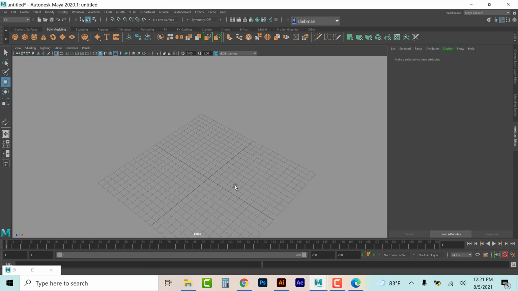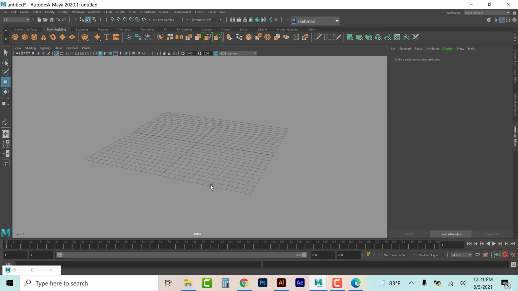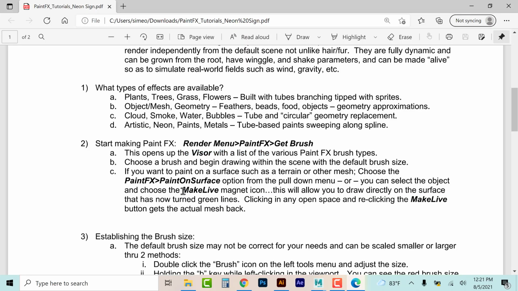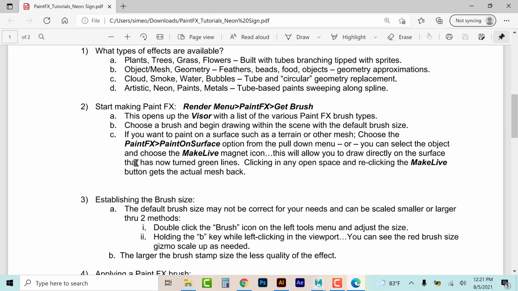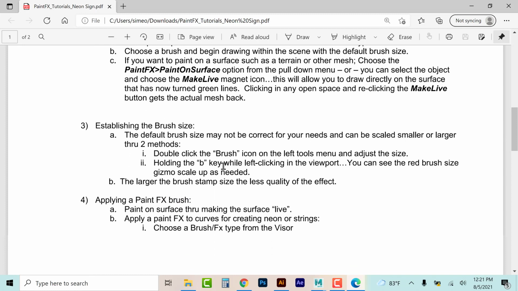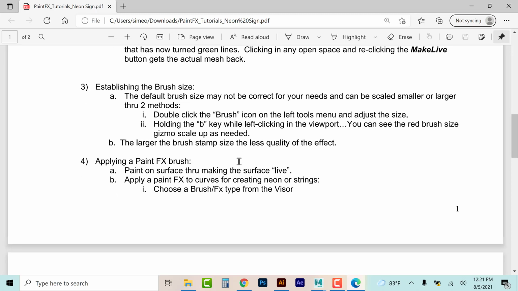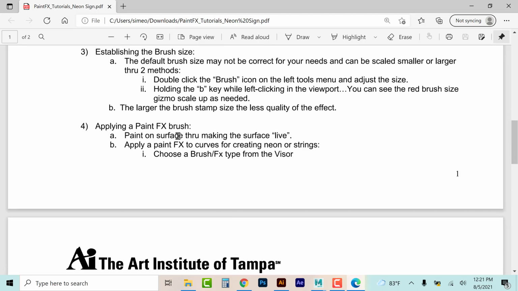I want to focus a little bit more, though, on the creation of the tutorial, which is the neon sign. Here's some more information on how to make live, which allows you to draw directly on surfaces by making things live. Brush size: if you hold in the B key, it allows you to drag to increase the brush. And applying a PaintFX brush, you can make the surface live to paint on the surface,